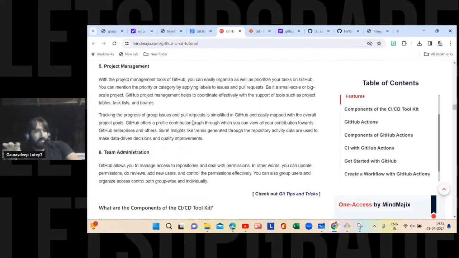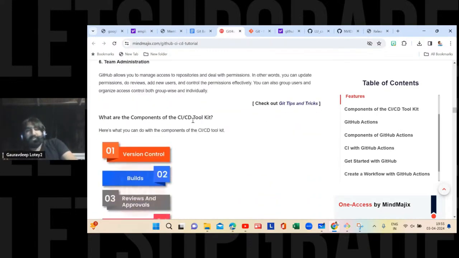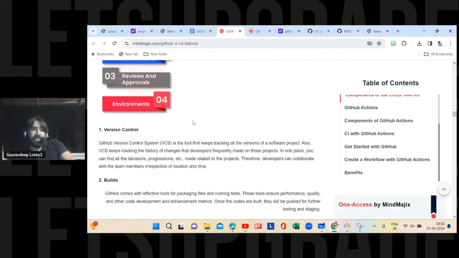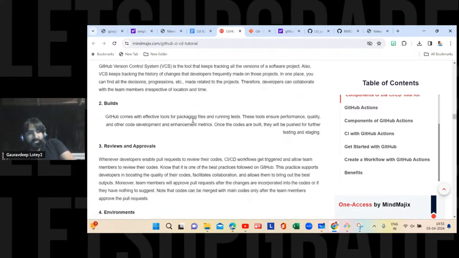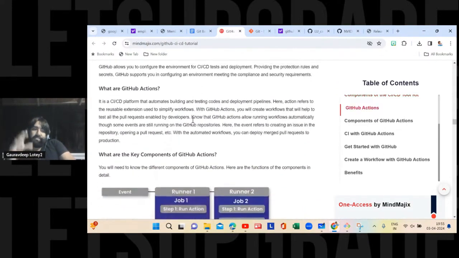प्रोजेक्ट मैनेजमेंट के लिए काम आ सकती है. यू कैन क्रिएट सम डिफरेंट प्रोजेक्ट्स, बिग स्केल है, स्मॉल स्केल है, कैसे भी प्रोजेक्ट है, प्रायोरिटी है, आपको गैंट चार्ट बनाने हैं, आपको एक्टिविटी ट्रैक रखना है, वट एवर टू बी डन कैन बी डन ओवर हियर, ठीक है? प्रोजेक्ट मैनेजमेंट एक्टिविटीज आ गई, जो टीम एडमिनिस्ट्रेशन हो सकती है. दिस आर सम एडवांटेजेस ऑफ सीआईसीडी, राइट? ऑफ कोर्स वर्जन कंट्रोल सिस्टम पे है, बिल्ड्स आपको मिलते हैं, आप पूरा एक्शन ट्रैक कर सकते हो,